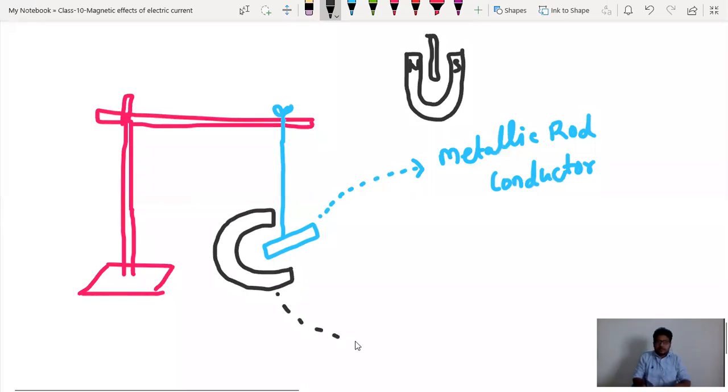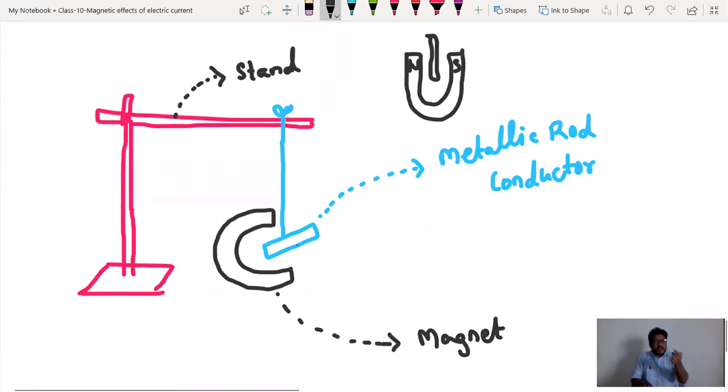Place one horseshoe magnet like this. So this is magnet. This one is stand. Okay, now this is metallic rod or small piece of iron, copper, maybe. Take one battery eliminator, or simply to say one battery, which will produce some voltage. Maybe 230 volts something, or maybe 20 volts something, no problem. You can take less amount of voltage, less current, no problem.